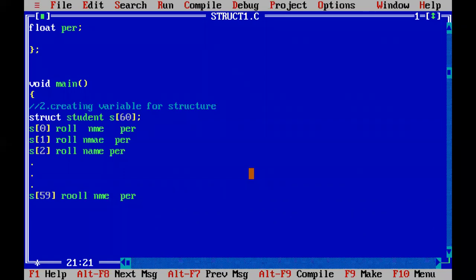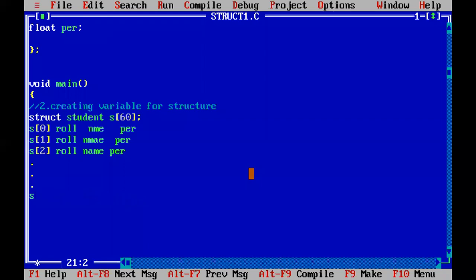After you create the variables, we have to give the values to all the 60 students. Then we go for accessing all the students' values. First we created 60 student structures. After creation, for all the 60 students, we have to give the roll number, name, and percentage. After giving the values to 60 students, we will print all the 60 students' roll number, name, and percentage.